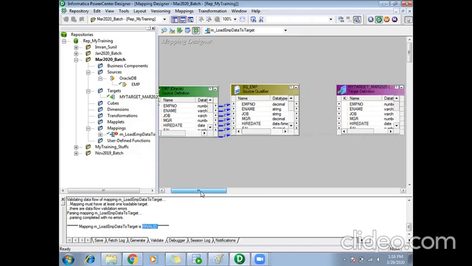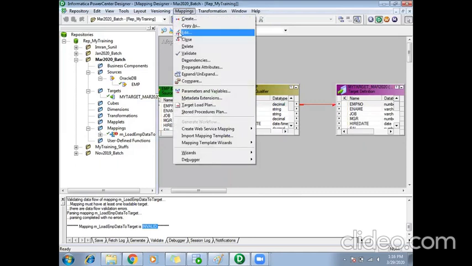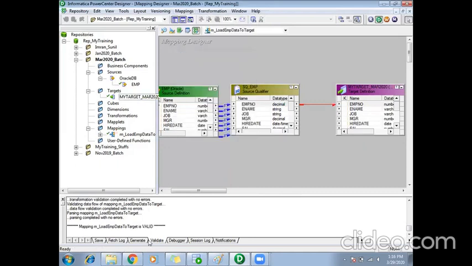If I want to extract the employee number from this EMP source and load it to the employee number column of the target, I have to link them. So I select the employee number from the source qualifier and drag and drop it to the employee number in the target. It creates a link. Now if I try to validate, it says mapping is valid.